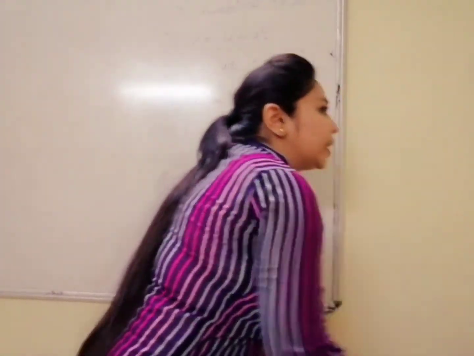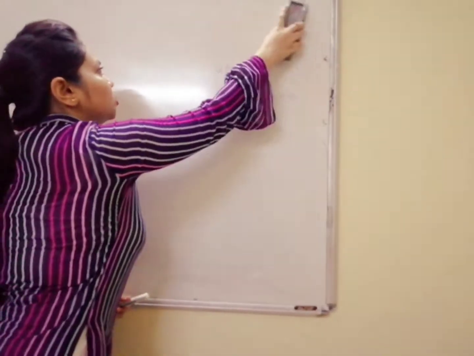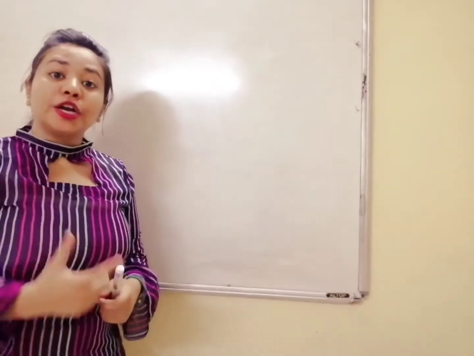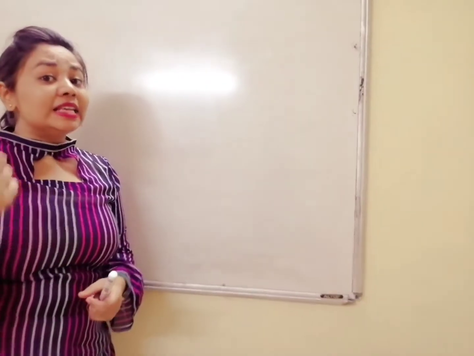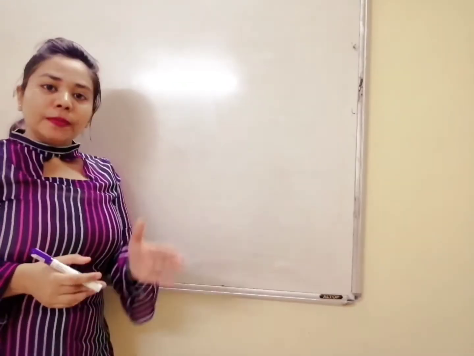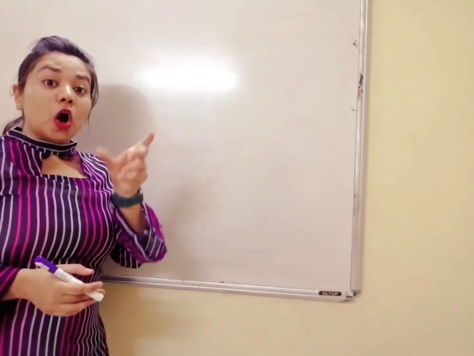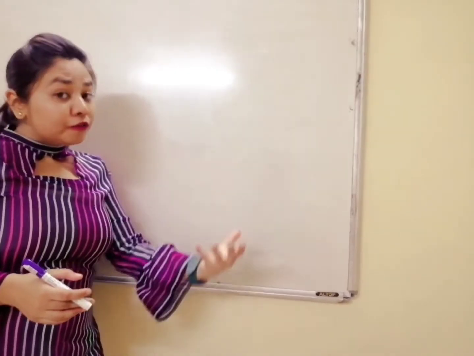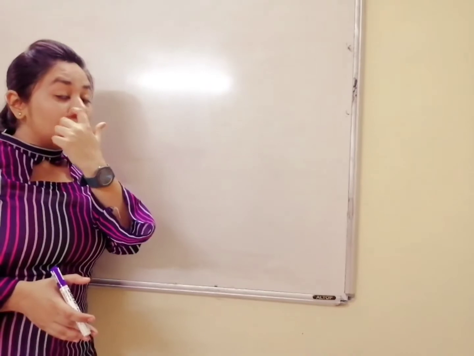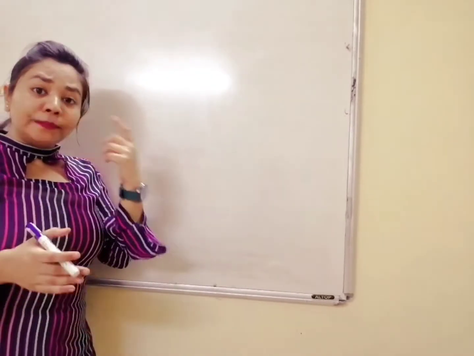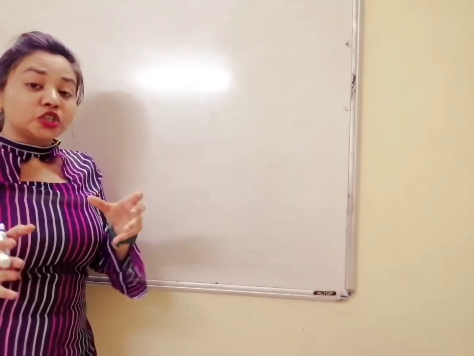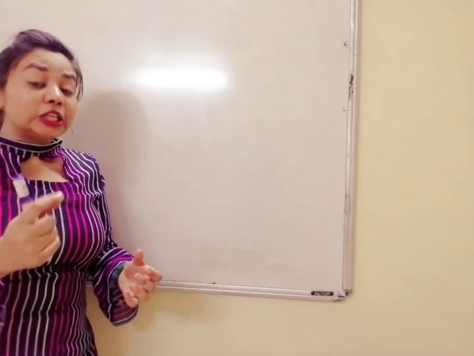Then we come to the next part, the 3 laws of motion. The first law of Newton says that an object remains at rest or in uniform motion until and unless an unbalanced force acts on it. We studied what balanced force and unbalanced force are. So remember the word unbalanced here. If the force is not unbalanced, there will be no change in the position of the object.